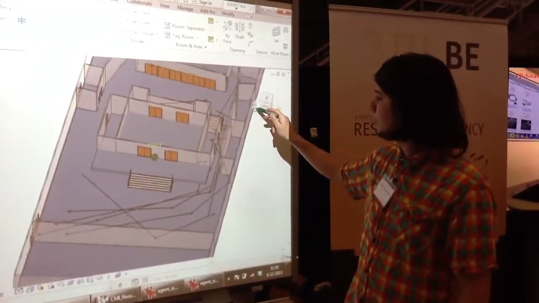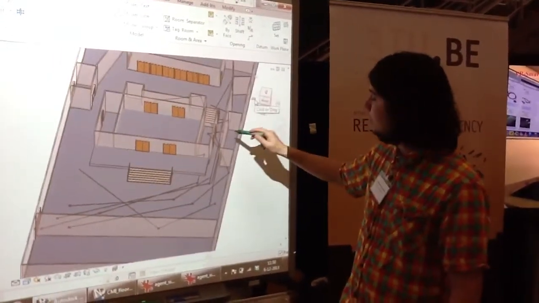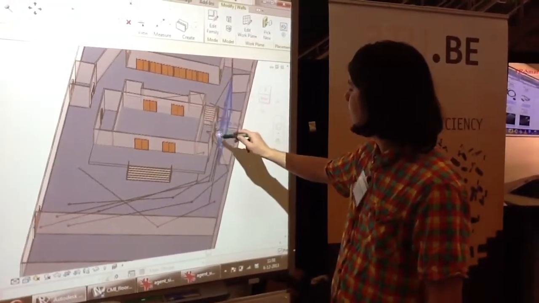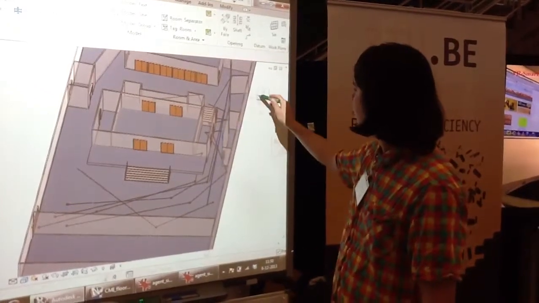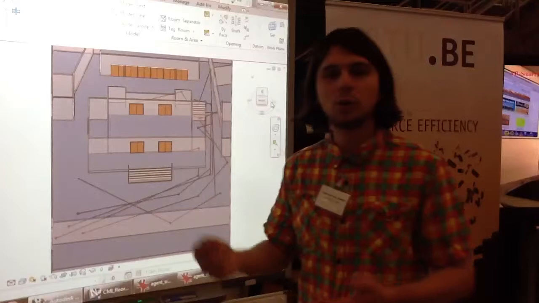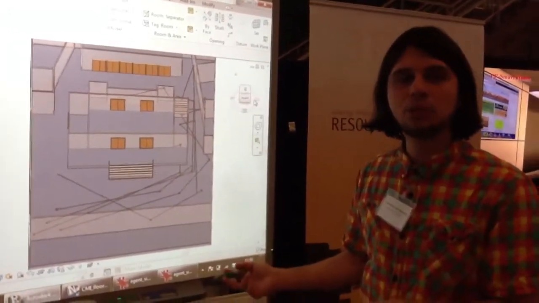So there's something wrong. Maybe this corridor is too narrow. Maybe we need to make this corridor a bit broader. Then you just change the space, and you see the results happening in real time. So now you see an iterative approach for designing facilities, which is based on input from user